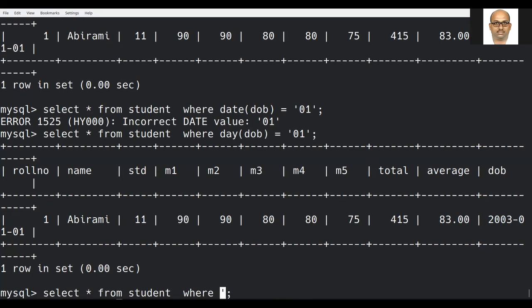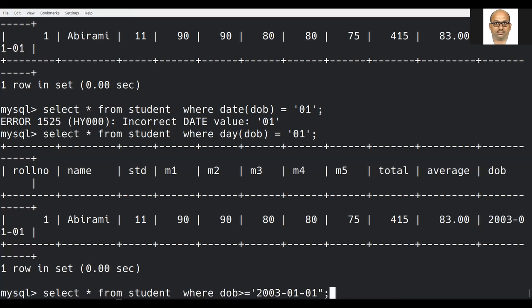People will be asking, who are the students, this is a normal command, display the record of those students who were born after a particular date, greater than or equal to 2003 01 01, that is, on or after January 1 2003.